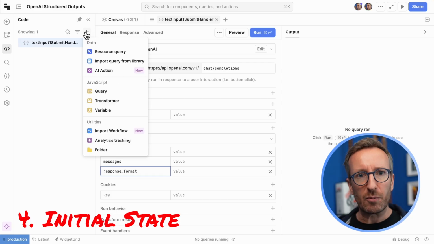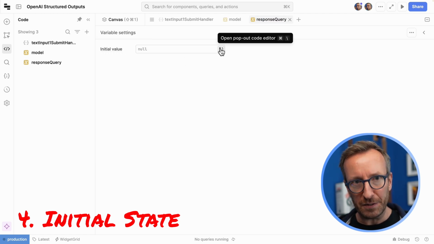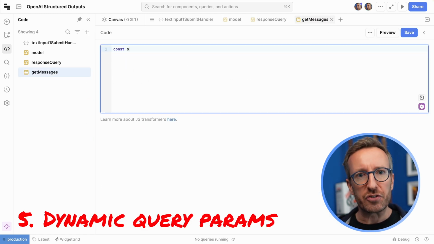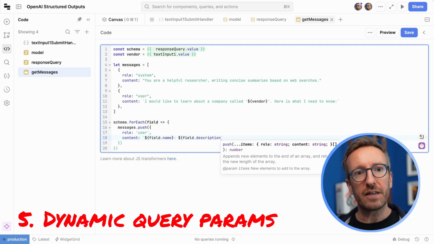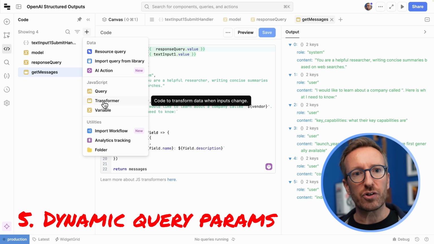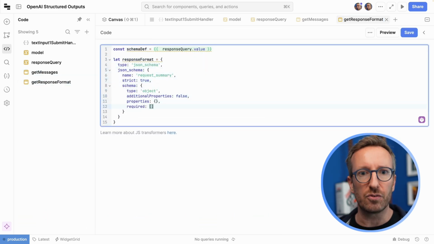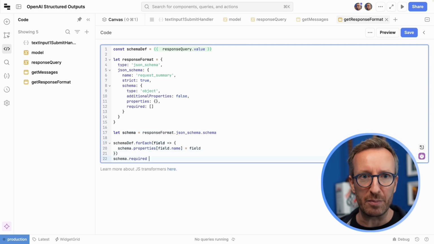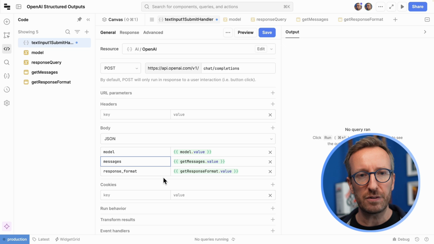We need to combine our user input with the choice of model and output structure into the messages and response format parameters. So I'm going to use variables for the model and also for the pure data schema. And then I'm going to use the transformer to take that user input and the data schema and create the array of messages, and also to create the full JSON schema object that we're going to pass into the response format parameter. So we take all of these values and plug them into the API call, and we test the